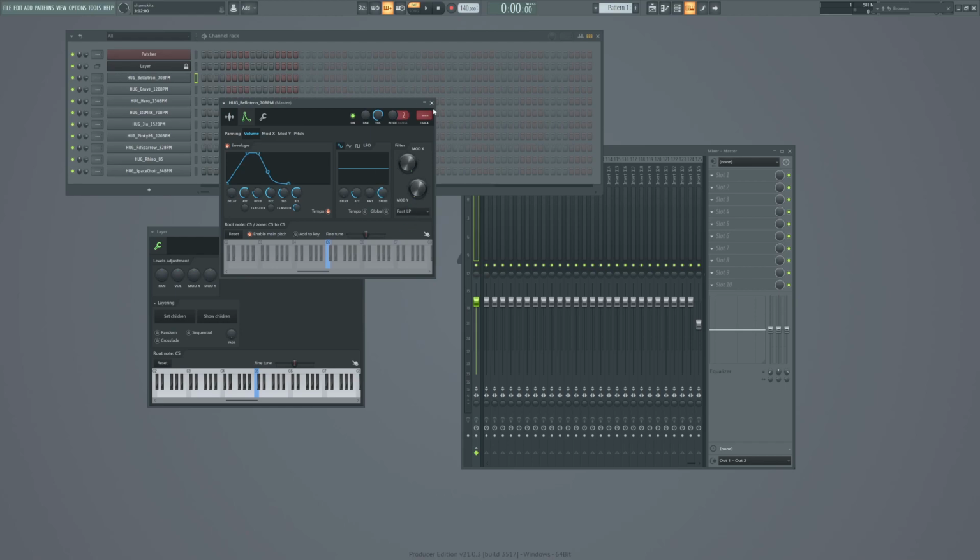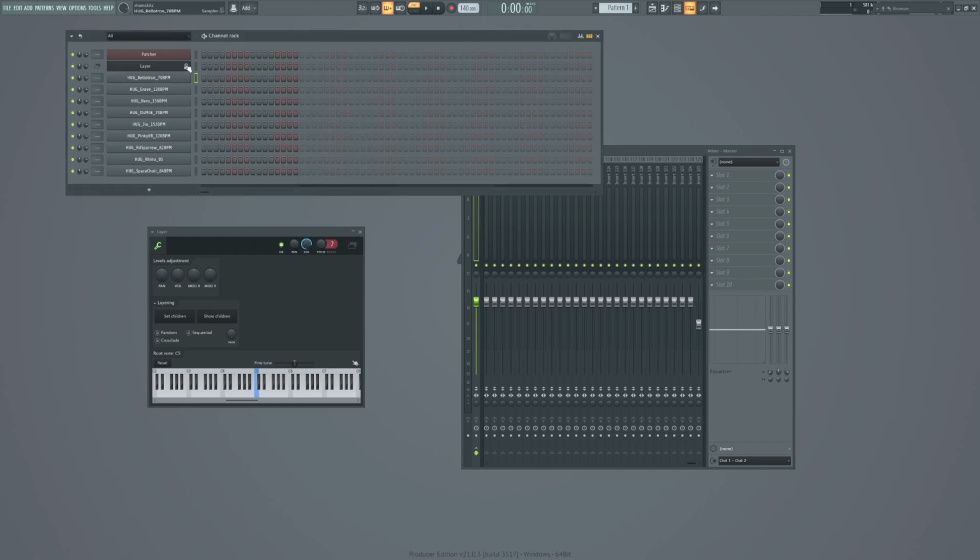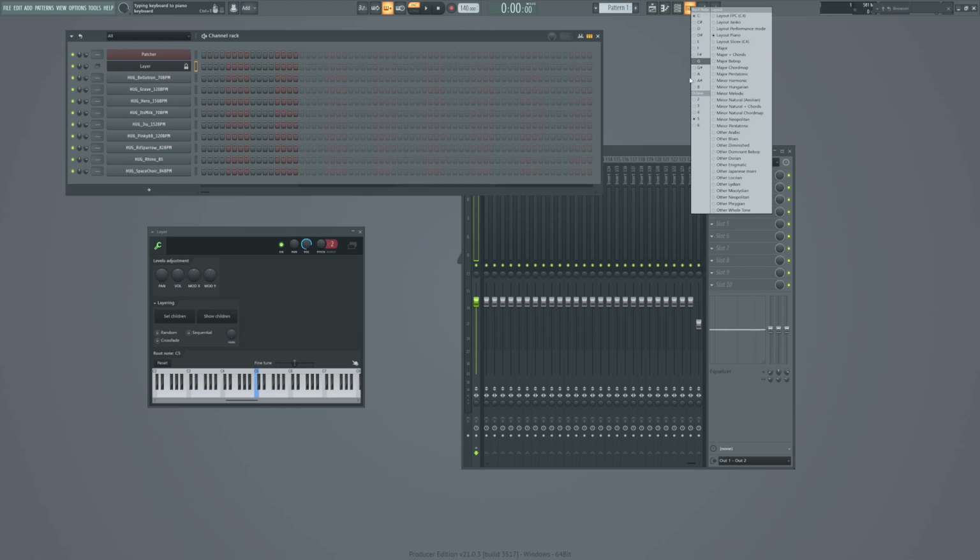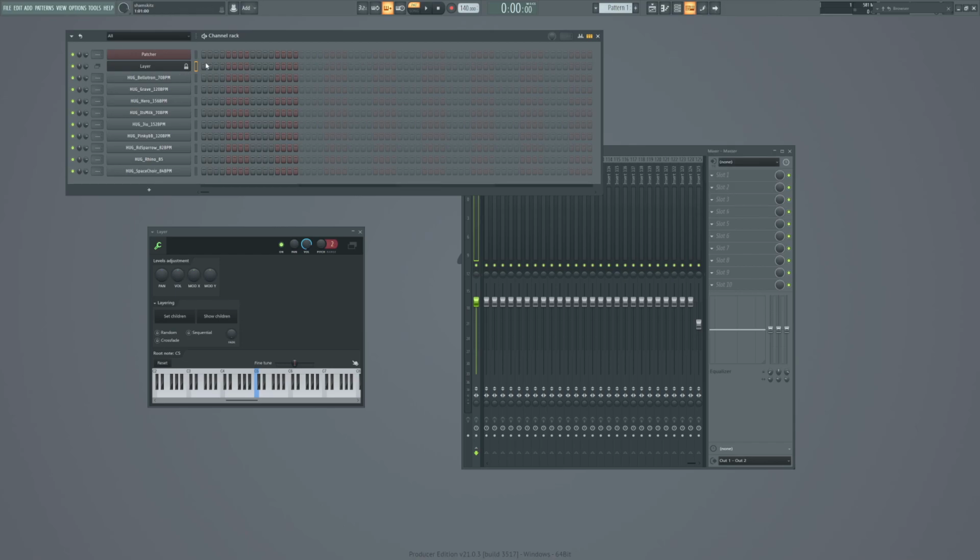Got it. Okay. So layer works. I'm using my keyboard, so I've got the root note, C, and the octave 5. Layout is piano. And so C is